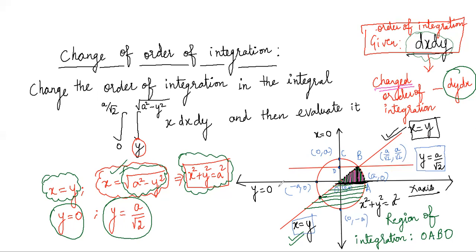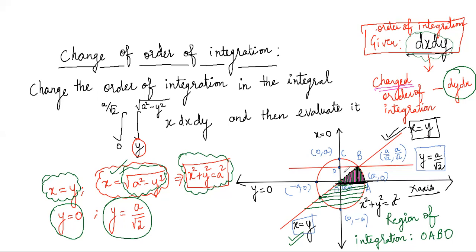So here, the starting curve is the same, which is our x-axis, as you can see here, this one which we have highlighted. And for the ending curve, we have two ending curves. Initially, the strips are ending on the straight line x equal to y, and after this point B, the strips are ending at the boundary of the circle. So if this green is the total region R, it will be split into two regions, and corresponding to both regions, we will find two double integrals with different limits.